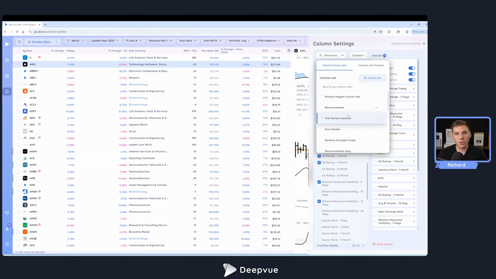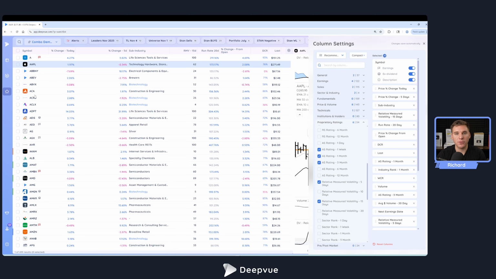Deepvue will remember the latest column set that you loaded with a specific watch list or screen. So if you want a specific one for a specific screen or watch list, what I do is I have my standard column set, which is my recommended. And this is my main one that I use for most things. And when I make a new watch list, that's the default. But say I have a post-market